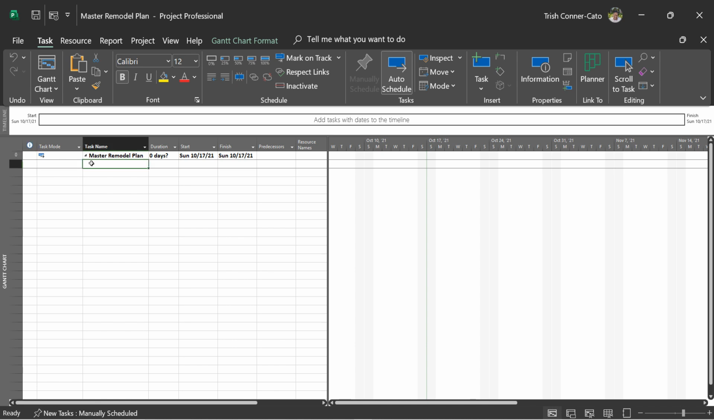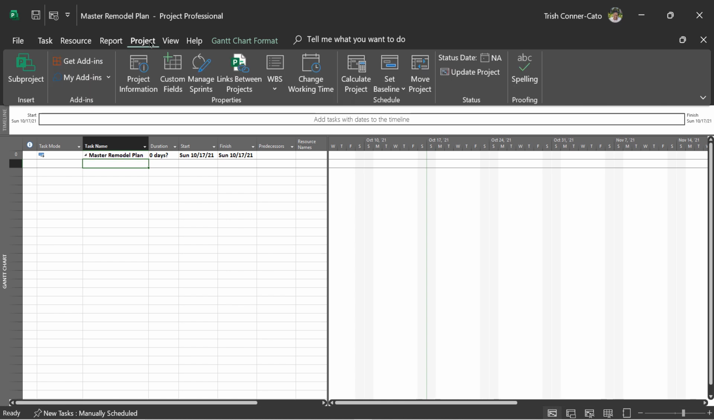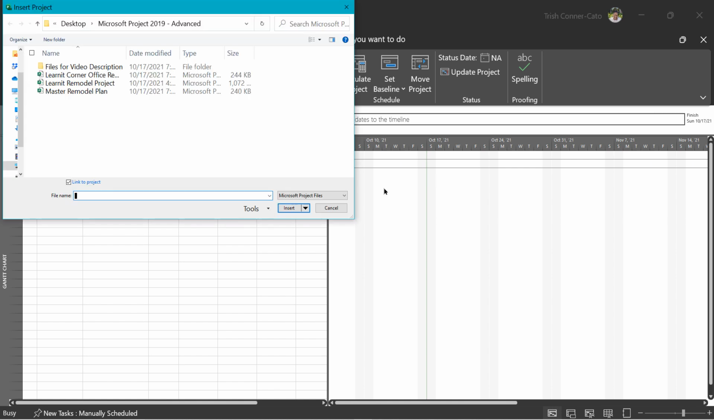I'm going to click in the first task name cell underneath Master Remodel Plan, and go to the Project tab on the ribbon. When you create a master project plan file, I normally start with a blank project plan, and then I bring in my other project plan files. They're known as sub-projects. The first button on the Project tab of the ribbon, in the Insert group, is for inserting sub-projects. Go ahead and click the Subproject button,